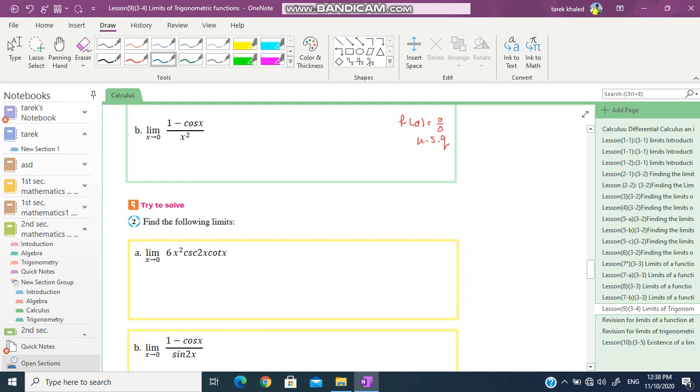The next step, dividing both numerator and denominator by x, gives 0 over 0 again, unspecified. So I will multiply by 1 plus cosine x in the numerator and the denominator to solve this example. So it will be the limit as x approaches 0 of 1 minus cosine squared x over x squared